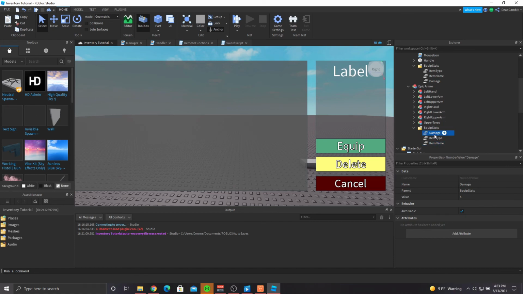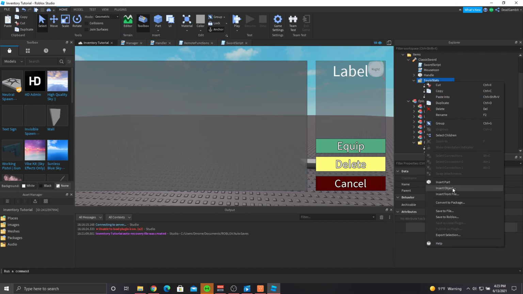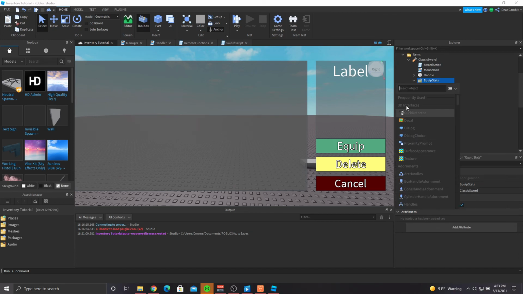For our epic armor, instead of damage, we want it to be defense. And I'll just leave defense as 5 as well. So that's all I'm going to do. If you want to expound more on that, you know what? Do this. Also do,